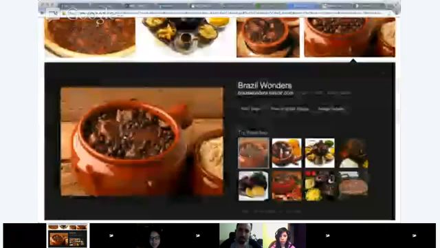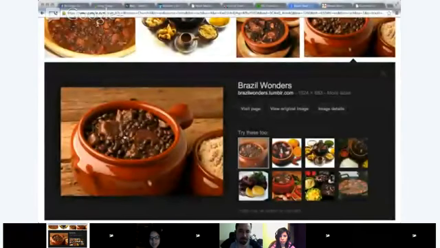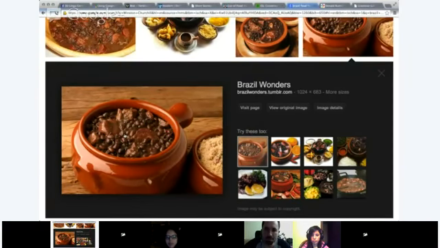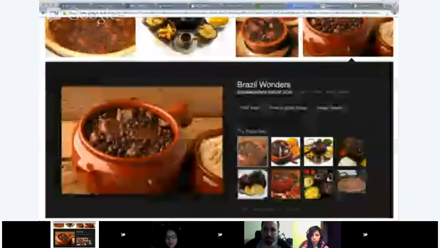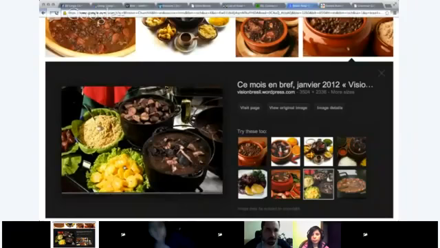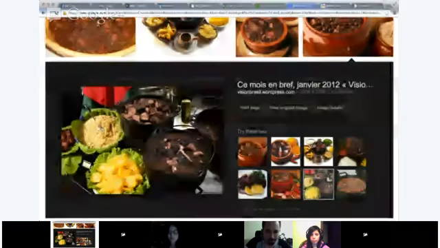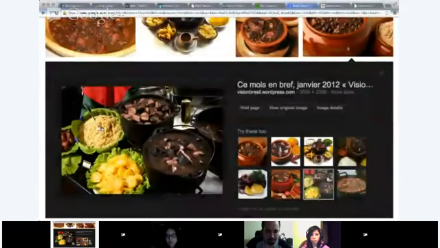Feijoada is a dish with a lot of kinds of foods, a lot of special meat. It's a very good food. Very good food, right? And you serve different things on the side, right? You usually have oranges on the side? Is that something that's traditional? When you eat this, you have oranges on the side, and then you have this type of millet right here, like this type of grain. Is that right?